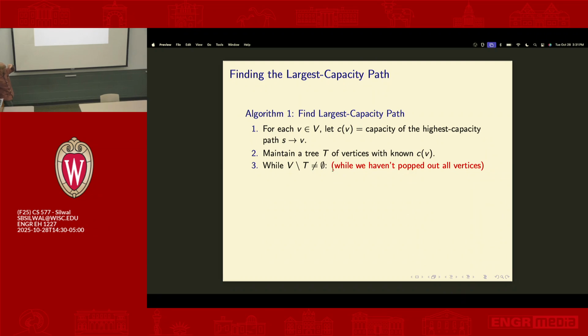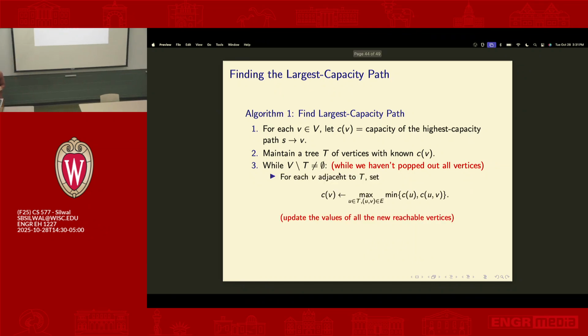Okay. So this is all preprocessing, and you say, okay, we're going to pop some vertices like Dijkstra's algorithm. But instead of popping by the minimum distance to the source, here we're going to pop by the maximum capacity value. It's just a number, so we can pop by it. So let me just show you the main loop. Every time we pop